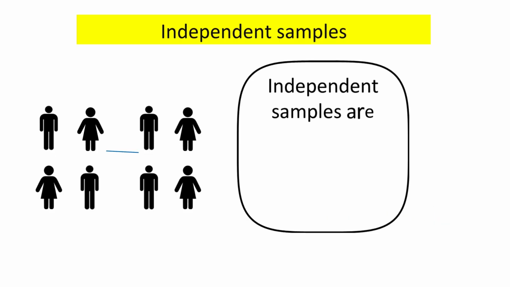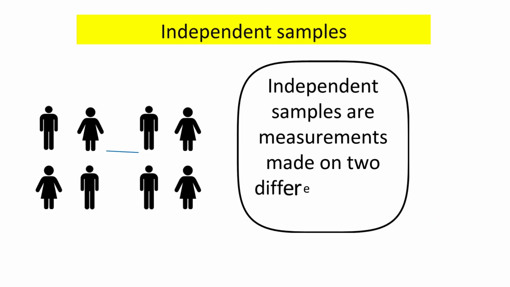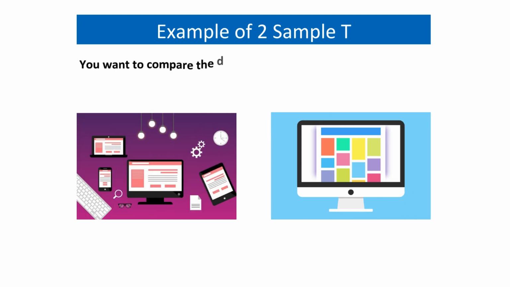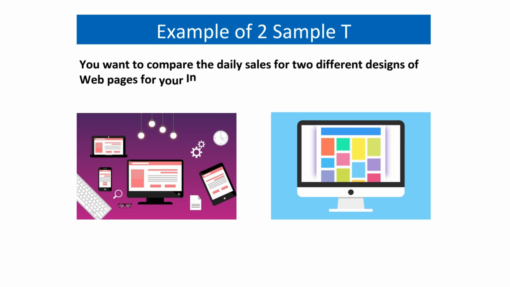Independent samples are measurements made on two different sets of items where the data in one group does not influence or relate to the data in the other group. In this specific example, the goal is to compare the daily sales for two different designs of web pages for an internet business. The two web page designs are represented by the two different images. The two-sample t-test allows you to determine if the difference in daily sales between the two web page designs is statistically significant. This can help the business owner make informed decisions about which web page design performs better in terms